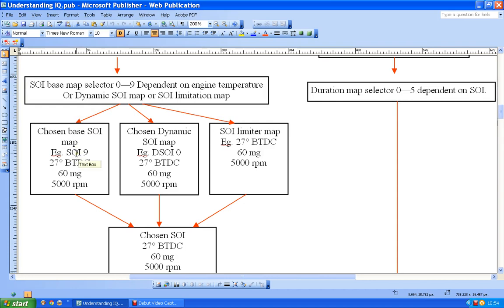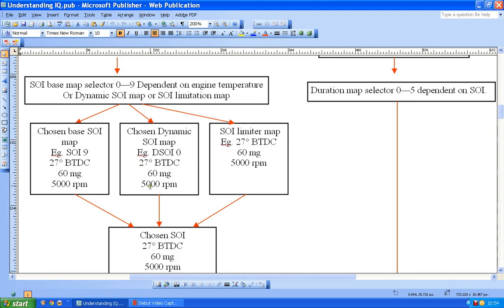But if you look closely, very often there are some other maps known as dynamic maps. Now these dynamic maps include all of the SOI 9 usually, so in other words they are start of injection 9, plus a little bit of dynamic timing, in other words true timing advance that's got nothing to do with duration change. It's simply an advance in timing to give a little bit more power at some point because of the timing advance, and not because the duration got longer and forced start of injection to start earlier.